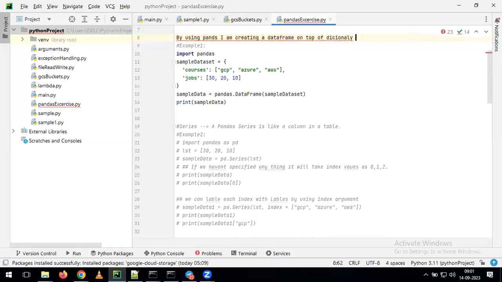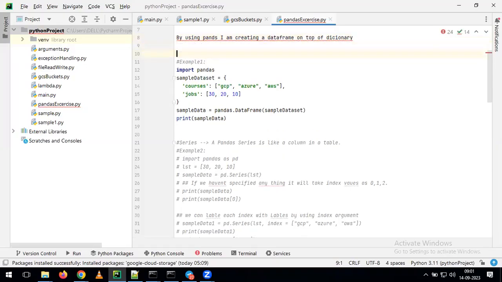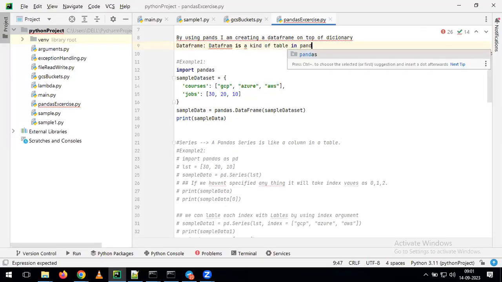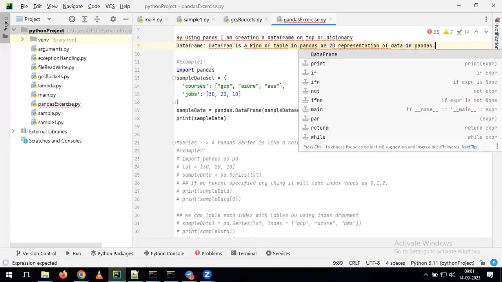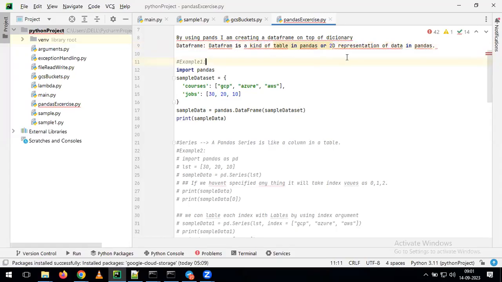On top of the dictionary, I'm creating a data frame. Before creating the data frame, we first need to understand what a data frame means in Pandas. In simple words, a data frame is a kind of table in Pandas, or a 2D representation of data in Pandas. It is nothing but a table on top of Pandas. With the help of the data frame, we can see this entire data in